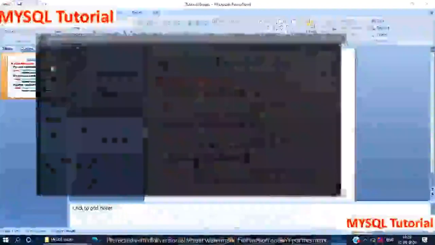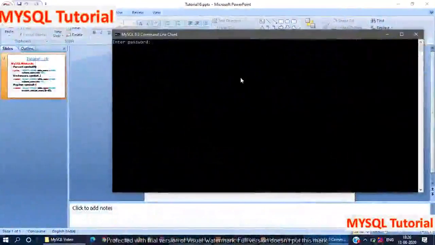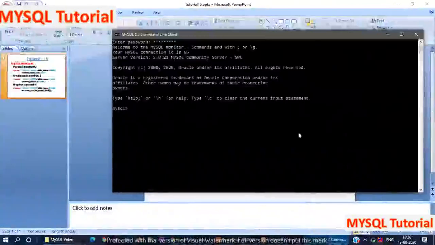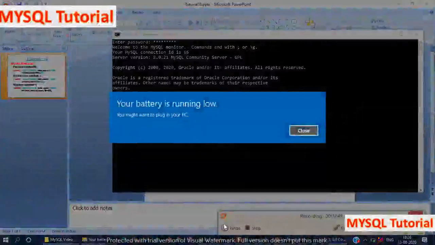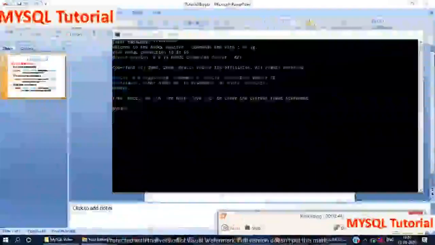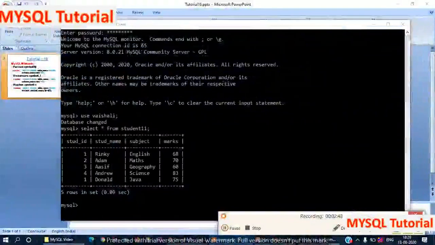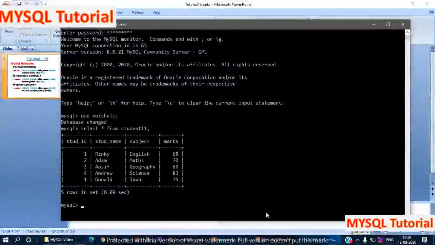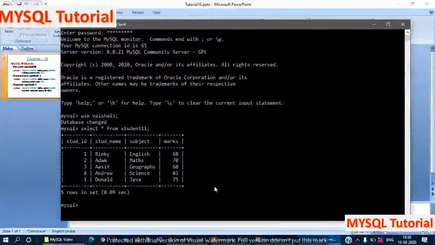Open your MySQL command line client. You can use any database, or you can select any one of the tables from a database.